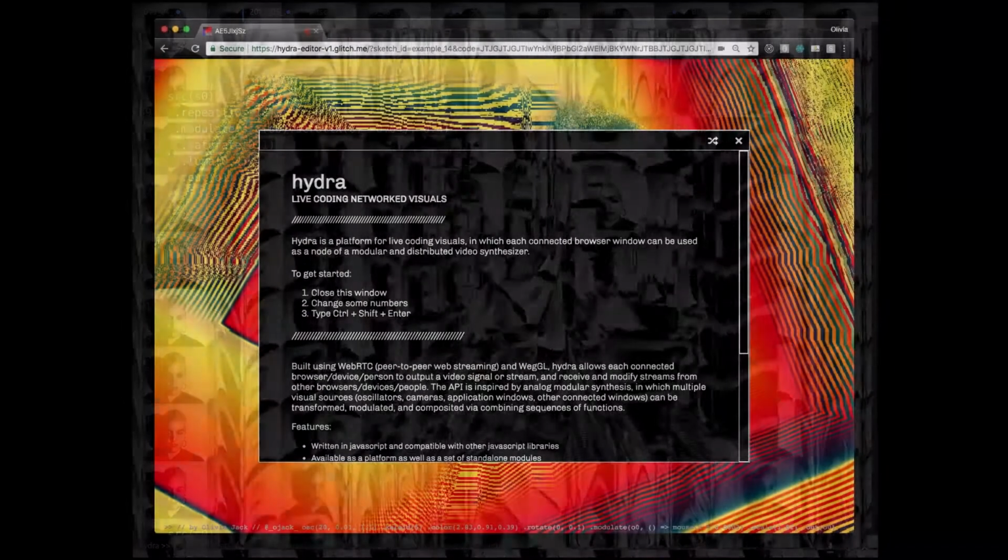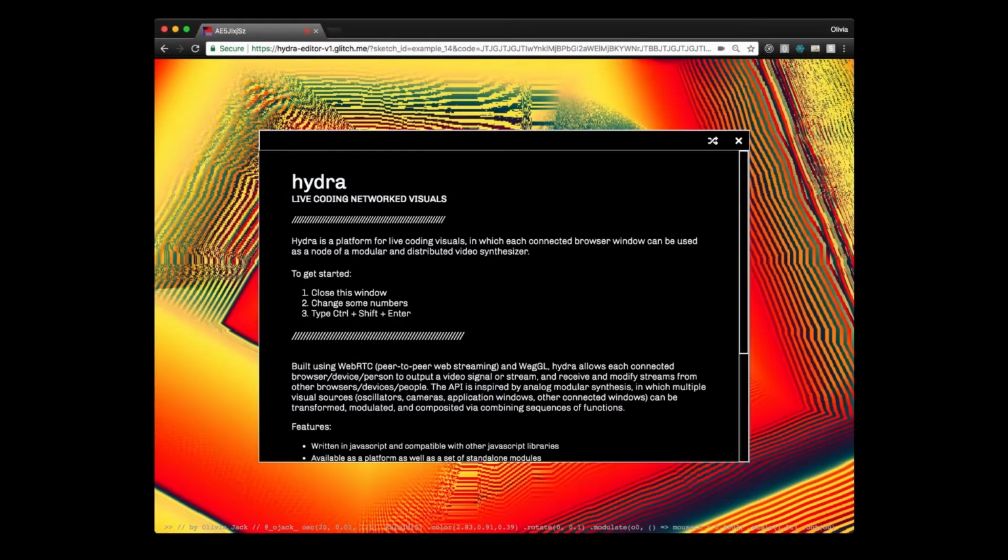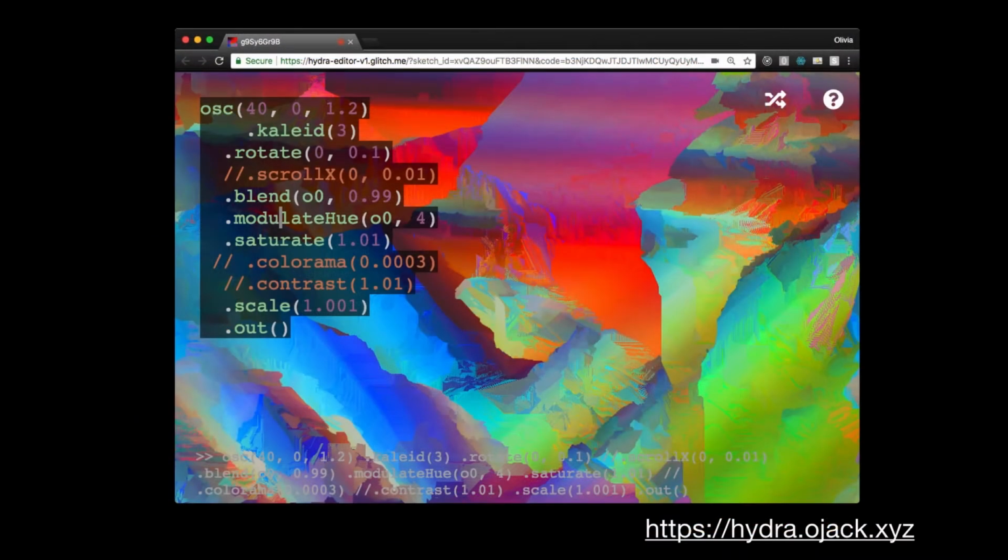Hydra is an online video synthesizer that's open source and runs in any browser. It's a project that I made, starting about 3 years ago. You use Hydra directly by writing code in the browser, and this code, as soon as you write it, affects the images that you see on the screen.